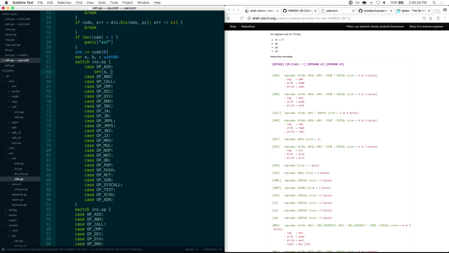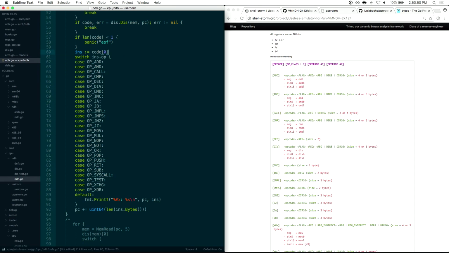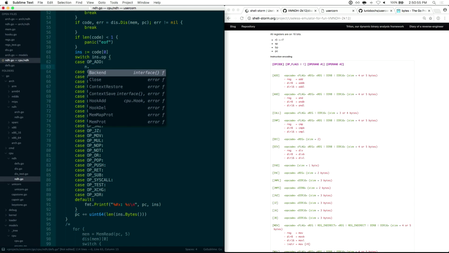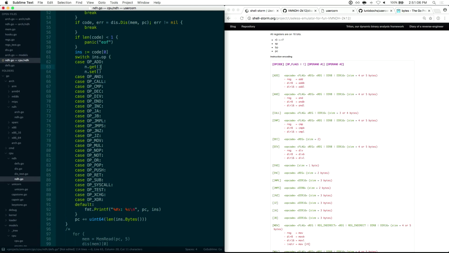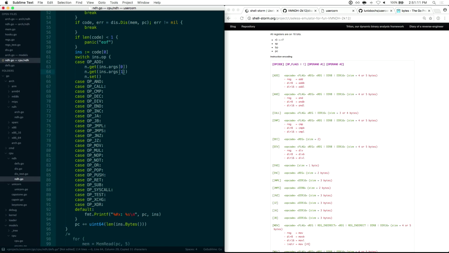So it's set A to B and is read A, B. No, I think it's too few opcodes for me to get a lot out of this. So this is going to look pretty ugly. I'll always do this. So args 0 and 1 dot set